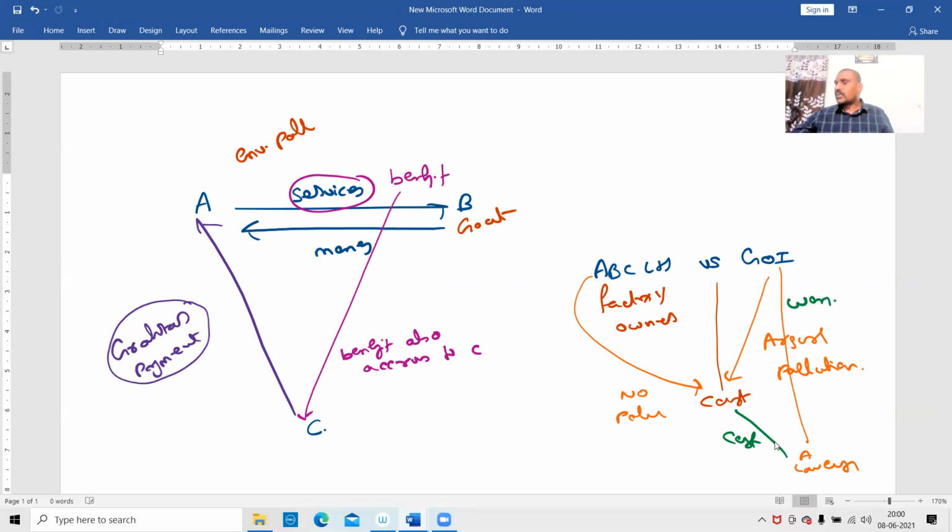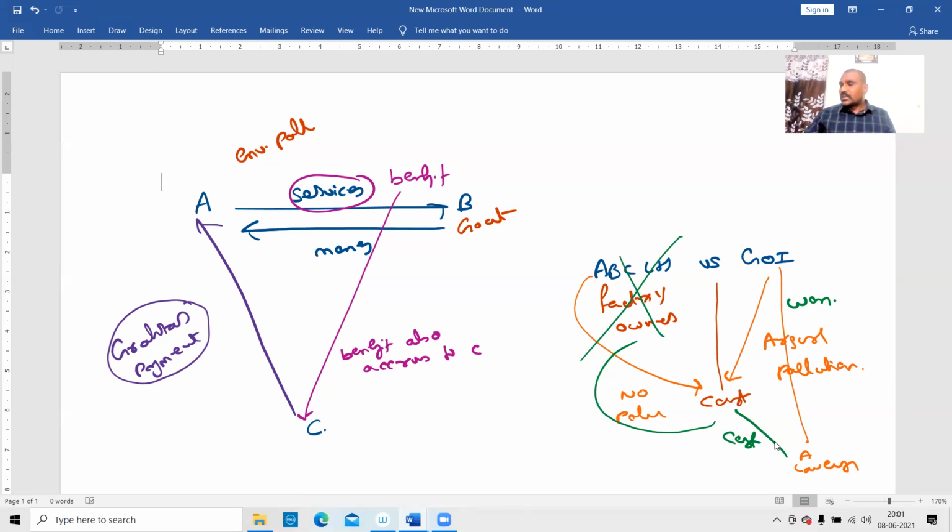And the government won the case, and the court asked the factory to shut down. The government won the case because of my better, excellent arguments. The court accepted my contention that the factory generates pollution, therefore it banned the factory. Done. Government won the case, therefore the government paid the money.